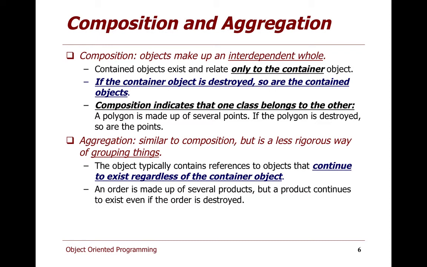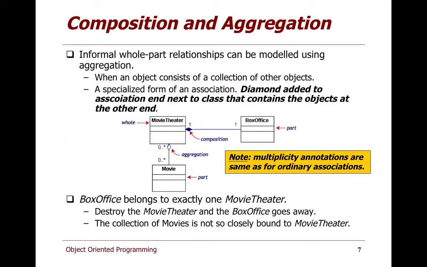Now, what this means, however, is that in an aggregation relationship, we cannot be sure that if the container dies and is garbage collected, the contained objects, the objects that it is composed of, will be garbage collected with it. That remains to be seen. It may or may not be the case. We cannot give it a guarantee, therefore it is not full composition, it is merely aggregation.